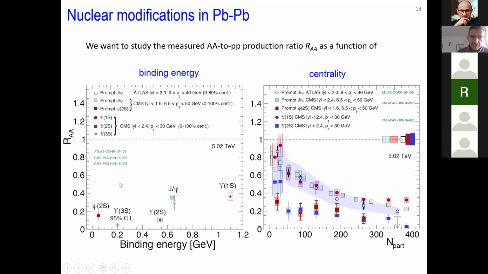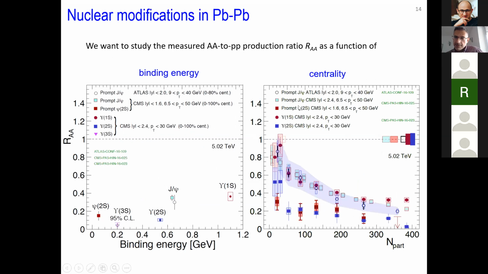But first, let's say that we will look at this kind of data. We have data as a function of binding energy. Here we can see on the left that the dependence of binding energy is not monotonic and not very trivial. We have psi(2S), then we drop to epsilon 2S, 3S, we grow a bit to epsilon 2S, we go above J/psi, and then more or less at the same level epsilon 1S.